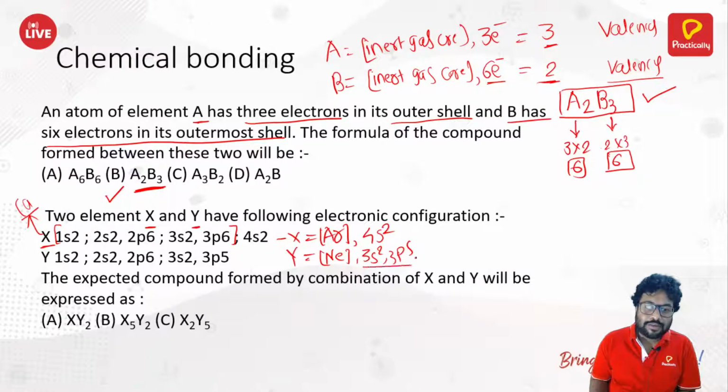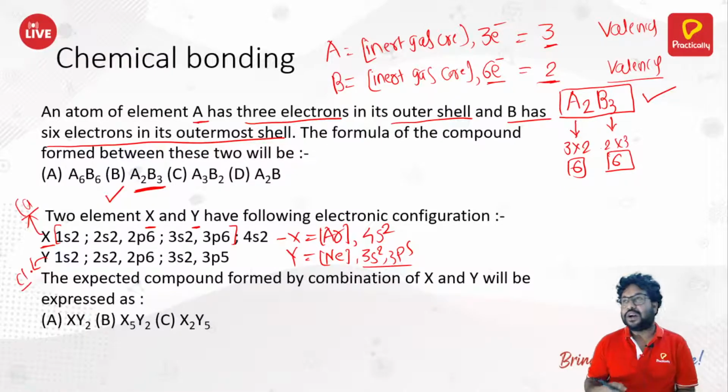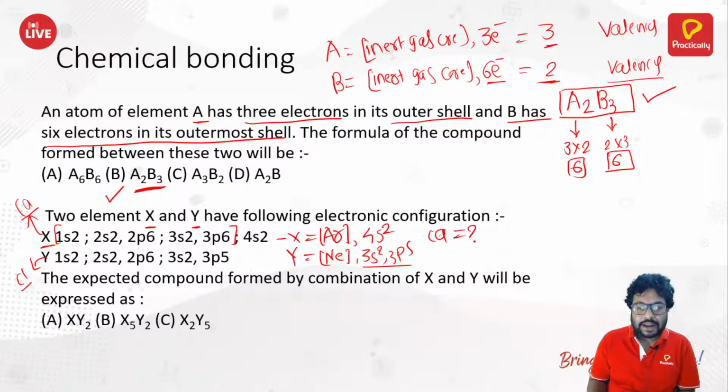Total electrons are how many? 7. So you know that this is chlorine, right? No need to pretend that you don't know what it is. It is calcium, it is chlorine, we know that. Valency of calcium is 2, and valency of chlorine is 1. So the compound formed from them could be CaCl2, and that is why it has to be